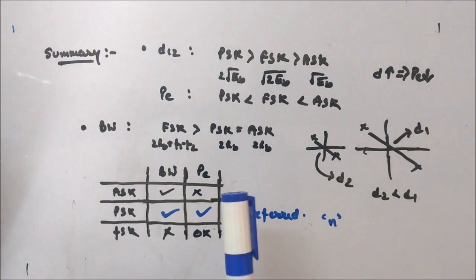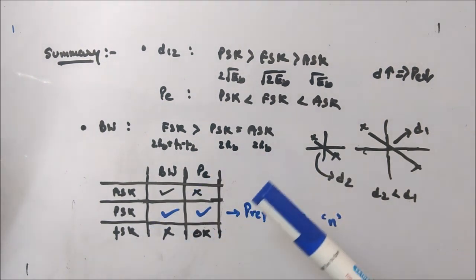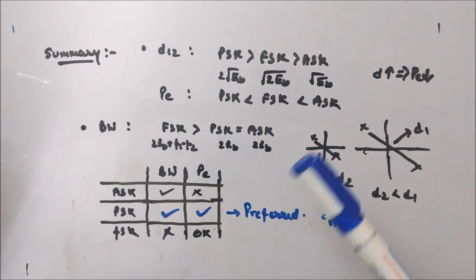Later we will see what will happen if you increase the number of n, meaning you increase the bits per sample. So what will happen,